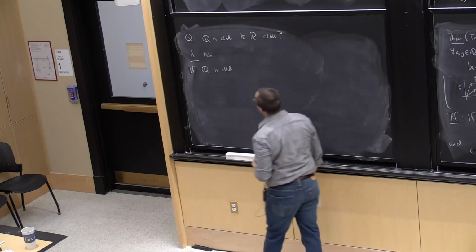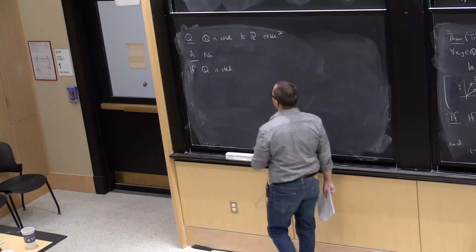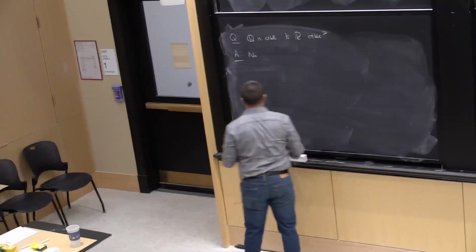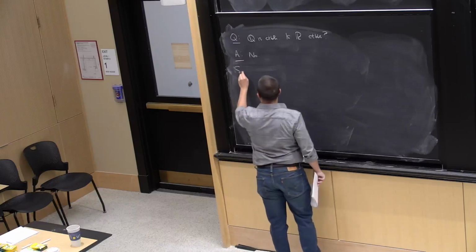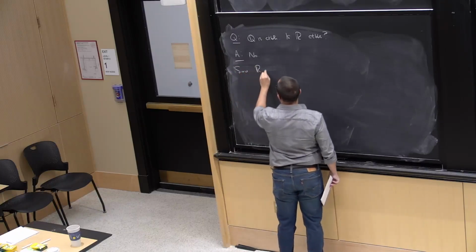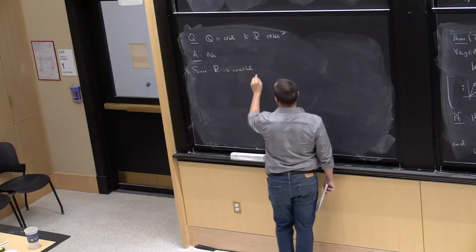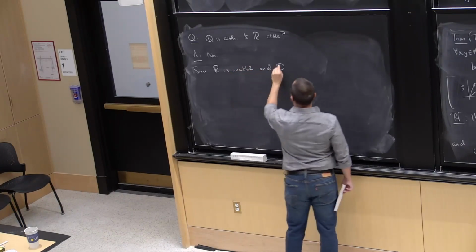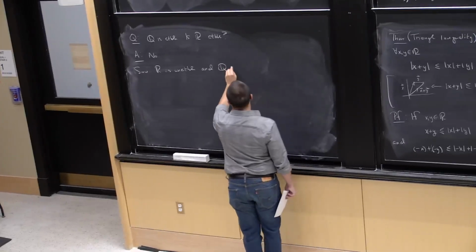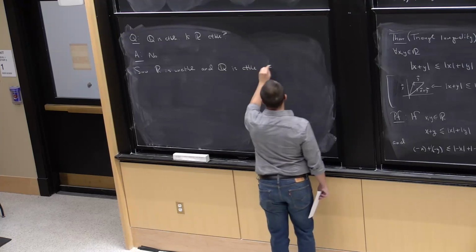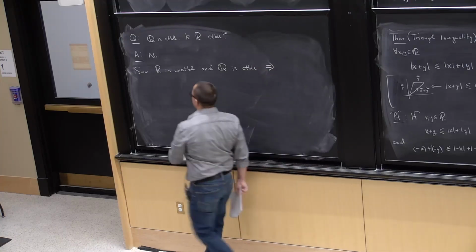I'm just going to make a remark based on this answer. Since R is uncountable and Q is countable, this implies that